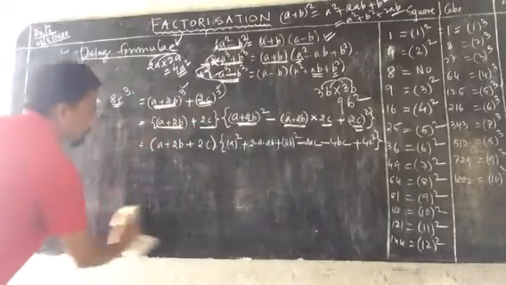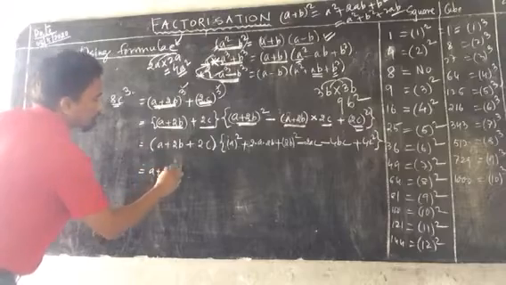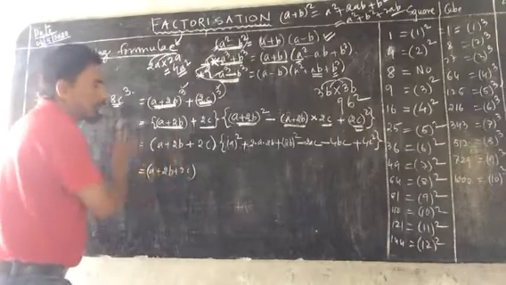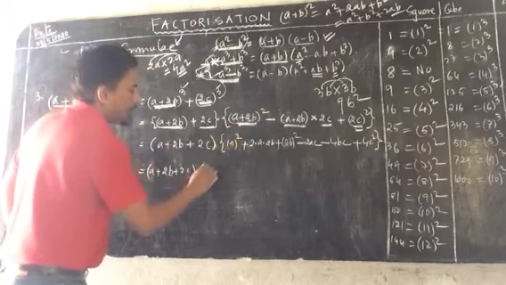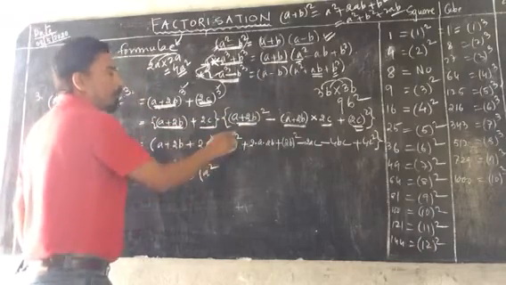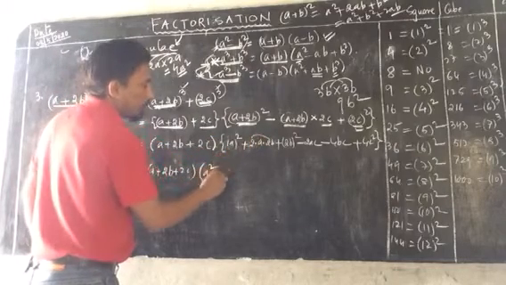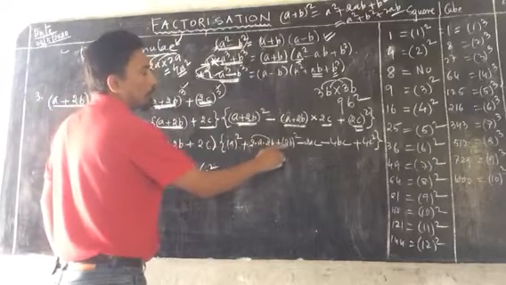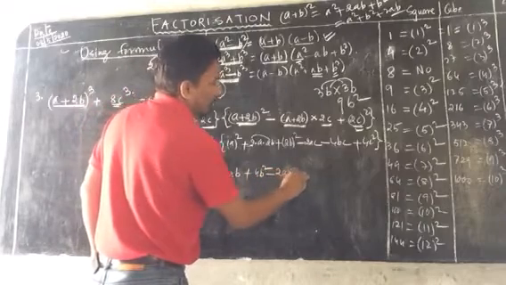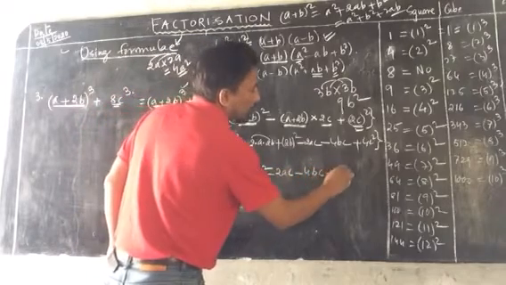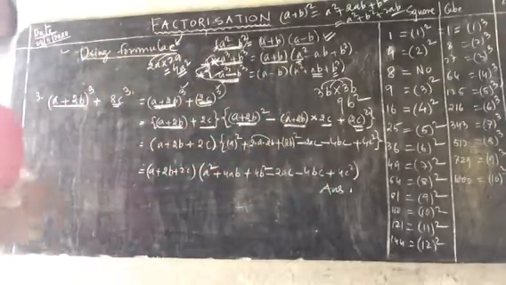Again you see here, it's a bit difficult, but not so difficult; you have to understand the pattern. A plus 2B, you have got one factor, it is already here. Now this whole will be the next factor. A square is A square. A to the power 2 means A square. Now it is 4AB plus 2B square is 4B square, minus 2AC minus 4BC plus 4C square. This is the answer. Okay, this is how we express